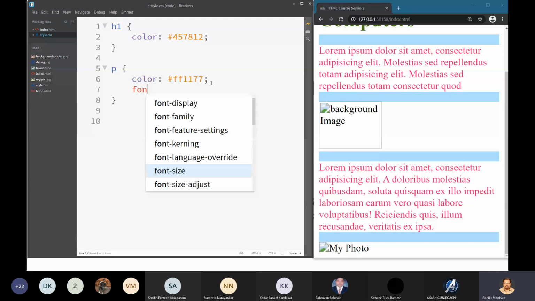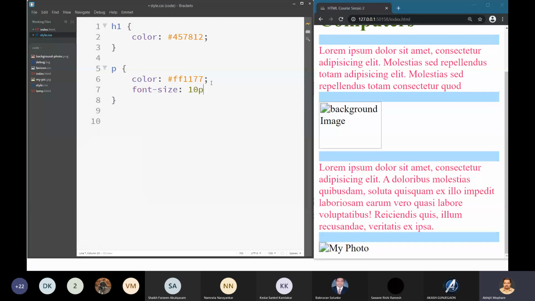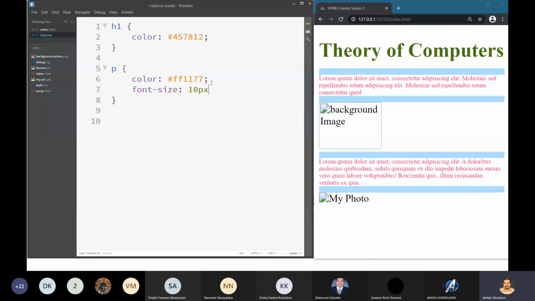Now here by default the font size is 16. So let me reduce that font size to 10 pixels. So what has happened? The font size has reduced to 10 pixels. See, you can see the text is now very small in size, right? So this CSS property has been applied as a rule to that particular paragraph, both the paragraphs, isn't it? Right? So this is how CSS works.